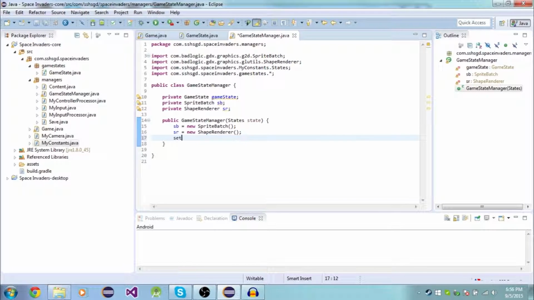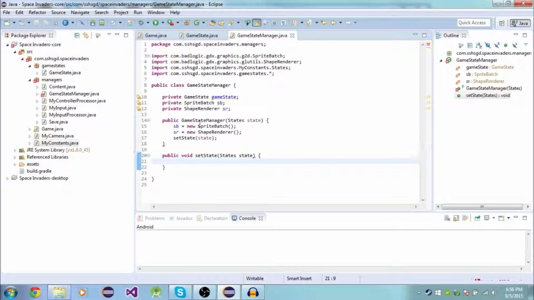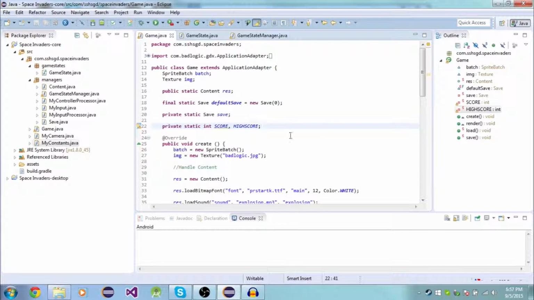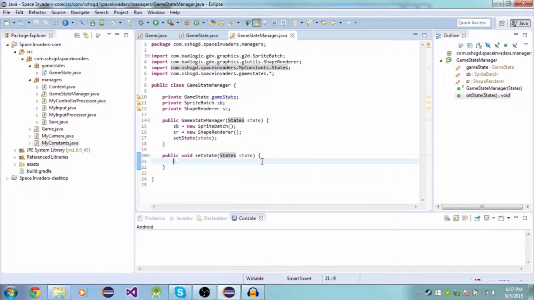and then set state. So public void set state, state. I just have a state up here in the constructor so that we can just go into game and change the first game state that it starts off with, no problem. So first, of course, we want if game state is not equal to null, meaning if there was already an instance of game state, then dispose of it. Now the state is equal to